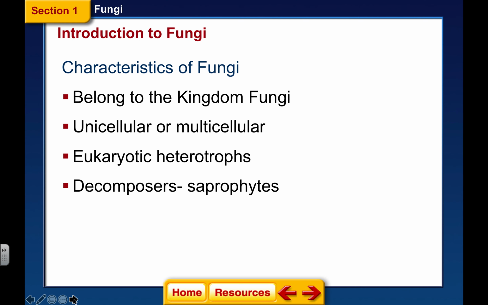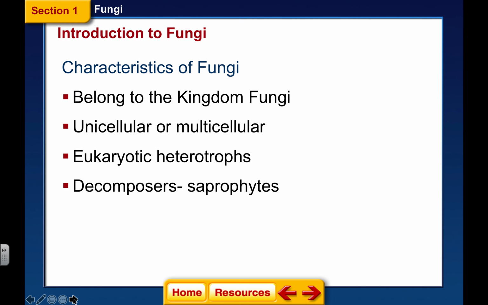We've been through the bacteria, the prokaryotes, and they were our only prokaryotes. And the next was Protista, so that was our very first kingdom with eukaryotes. Fungi is our second. Now, this kingdom, there is a lot of unified characteristics. So we don't have a lot of all over the place organisms that really don't have anything in common. So there are some basic characteristics about fungi that apply to all of them.